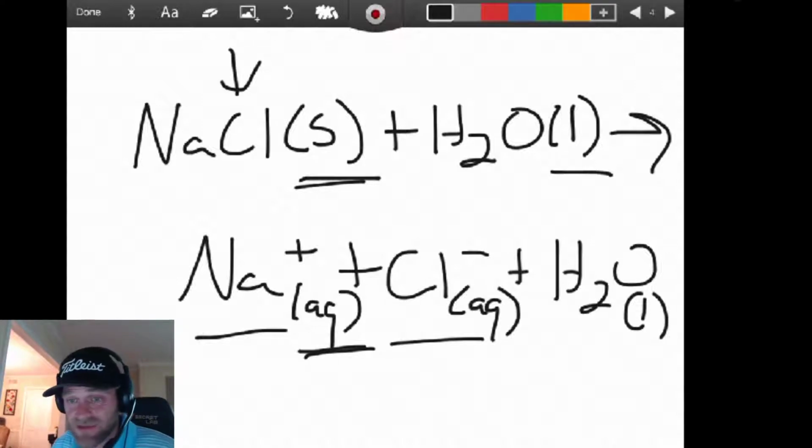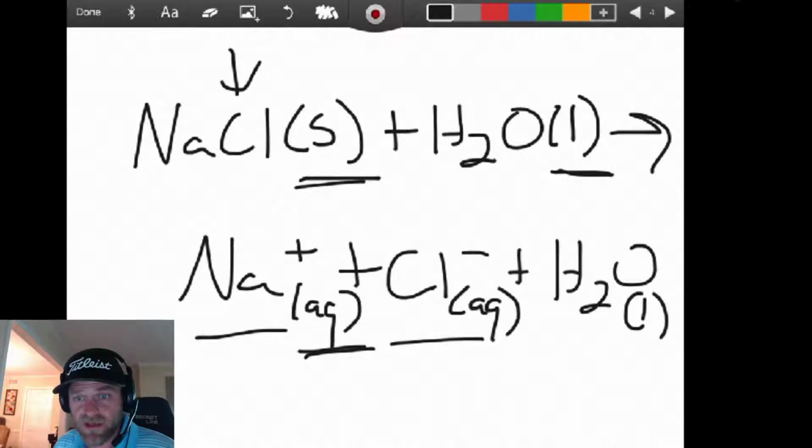Water is always L, so unless it's a gas, like I'm burning off steam or cooking off steam, it could be a gas, but typically it's a liquid, and so we'll use L behind that. You don't have to use AQ for water because everything that is AQ is dissolved in water. Okay, so